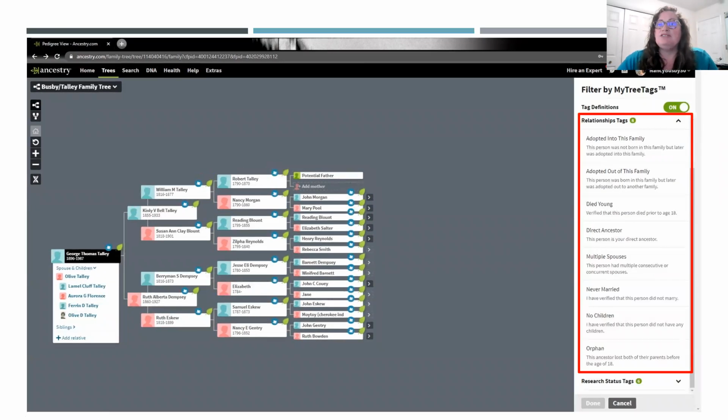And then relationship tags. I think these can be very helpful. I really like that I can have a tag for people who were never married. If I can have that on their profile page, then I don't spend time going back and trying to find, oh, did they have a spouse? If that is known that someone's not married or never had children,